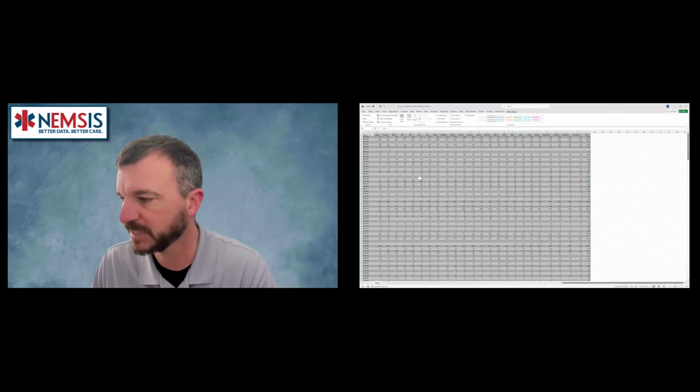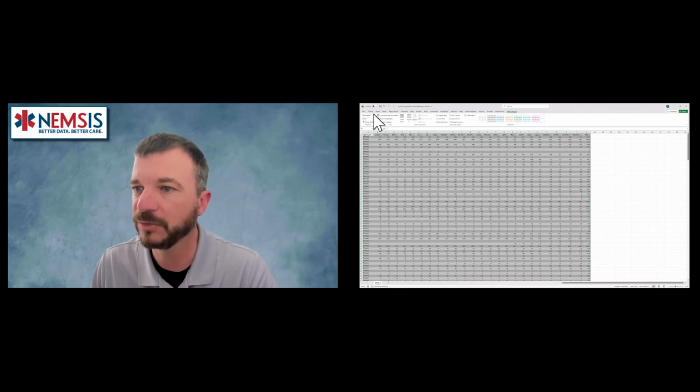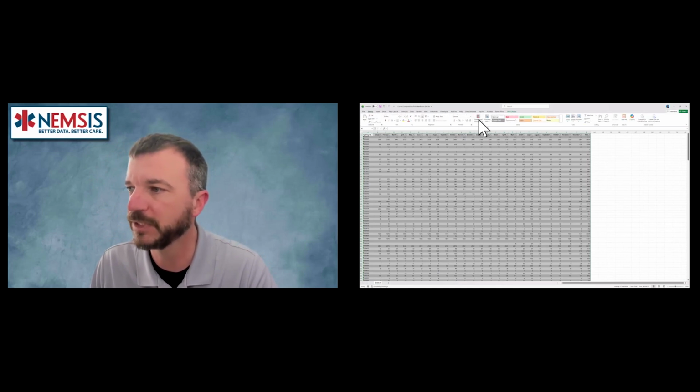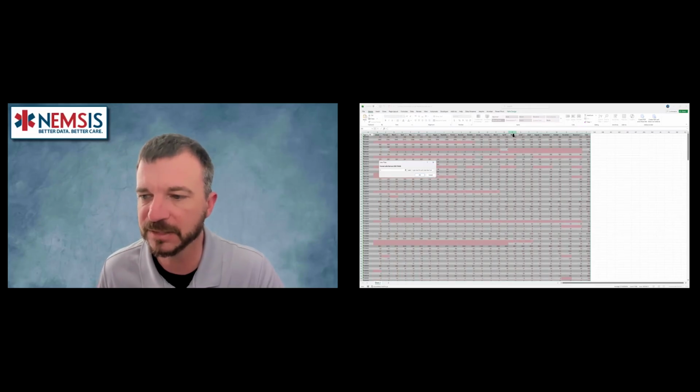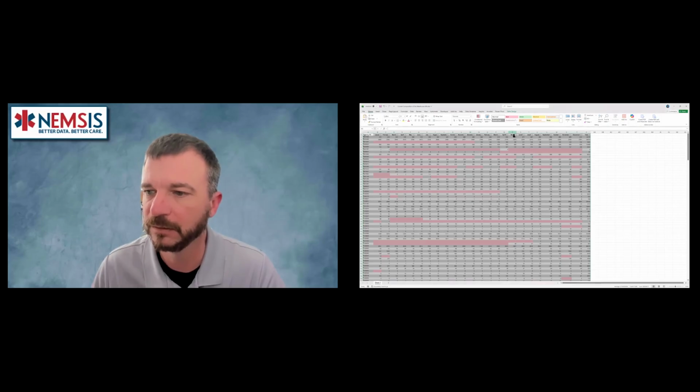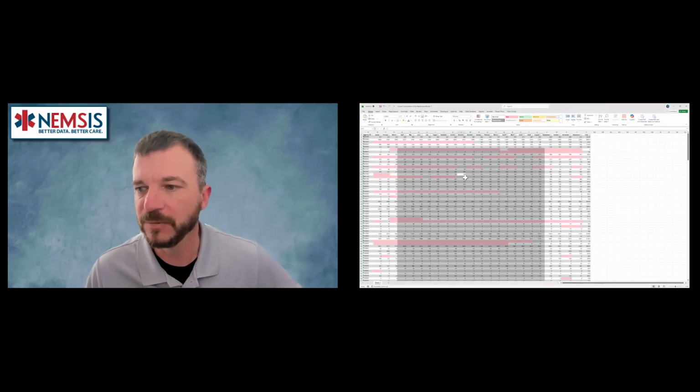And while I have this highlighted, I'm also going to go to Home and do some conditional formatting. Let's do some highlight cell rules. Let's do less than one call, so that if an agency didn't have any calls at all, it'll show up in this nice pink. So we've got this pink,